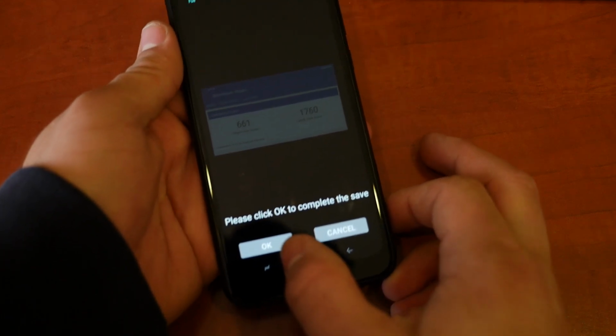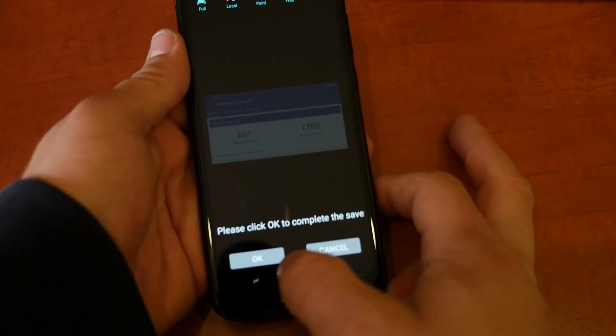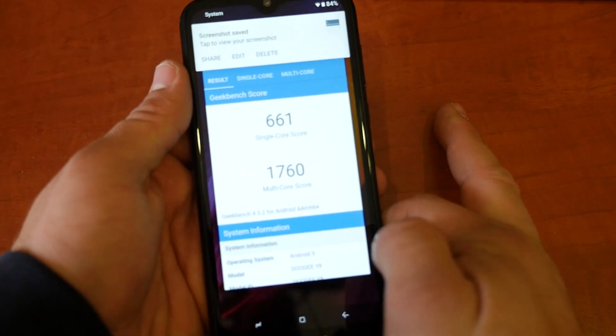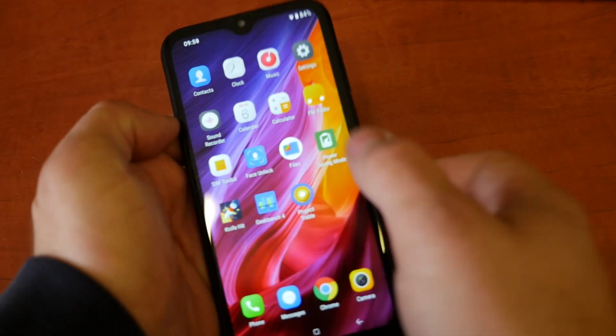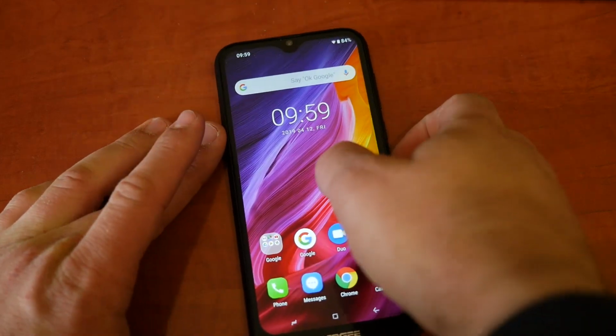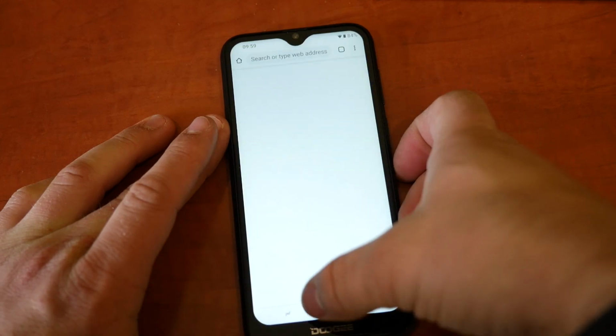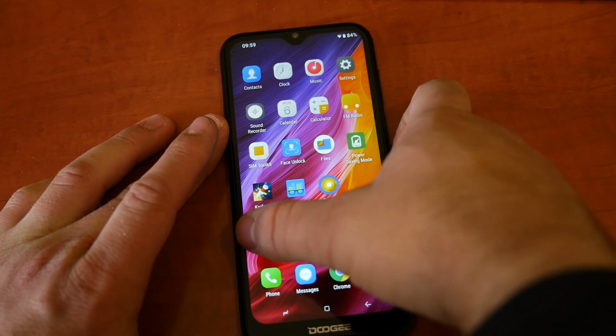Oh wait, what is this? Please click OK. Please click OK. I'm gonna click with my mouse. All right. What else do we have here? Anything interesting? No app door. No app door. We have